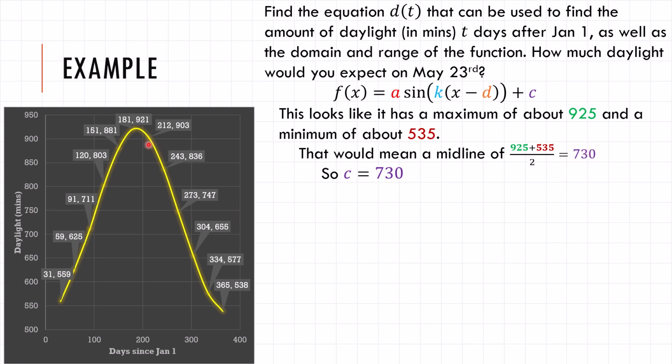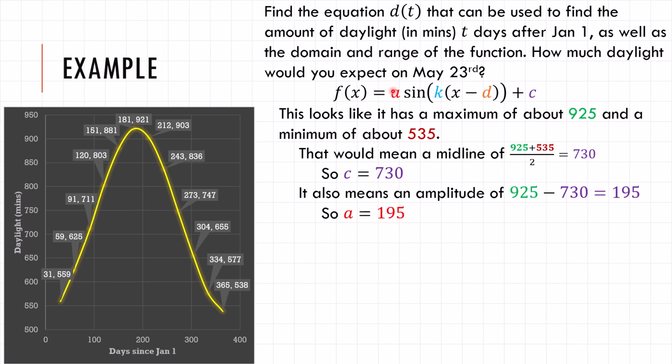Well, if I know the midline and I know the maximum, I can also find the amplitude, right? The maximum of 925 minus the midline tells me the amplitude is 195. And so that would give me the value of A. Now, technically, A could be negative 195 as well. And I'll talk about how you know which one it's going to be in just a second. Now, if A was negative, that would mean the function is upside down. So there was a vertical reflection. But I'm going to assume that A is just positive, which means that there was no vertical reflection,